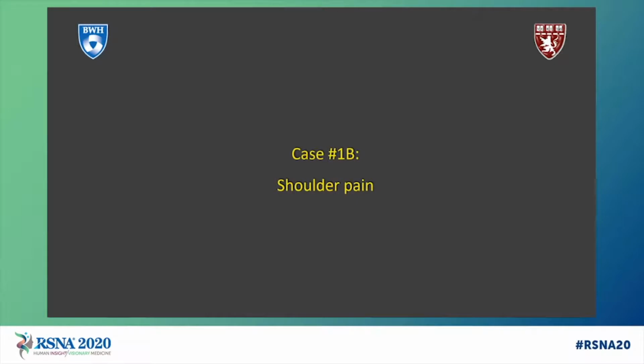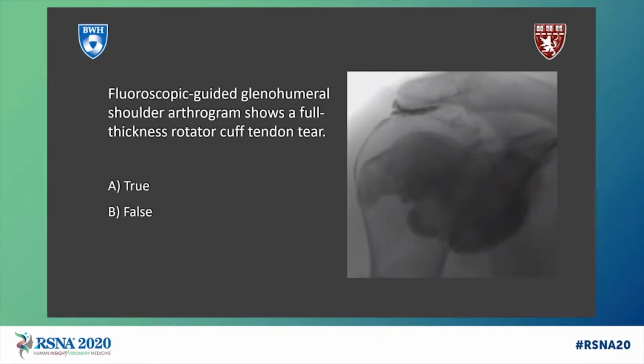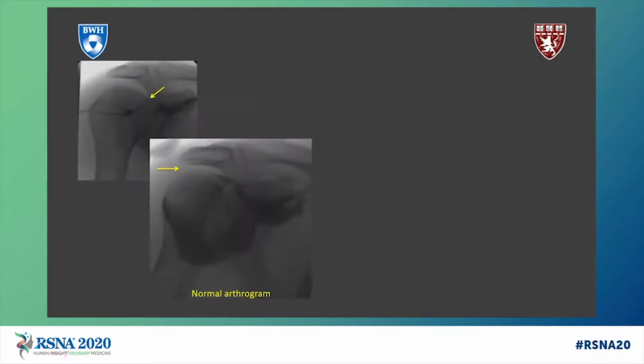So moving on to our next case, another patient with shoulder pain. And to make it easy, the question stem is the same. With this particular case, fluoroscopic guided glenohumeral shoulder arthrogram shows a full thickness rotator cuff tendon tear. True or false? So if we go back to our basic principles of what a normal arthrogram should look like,